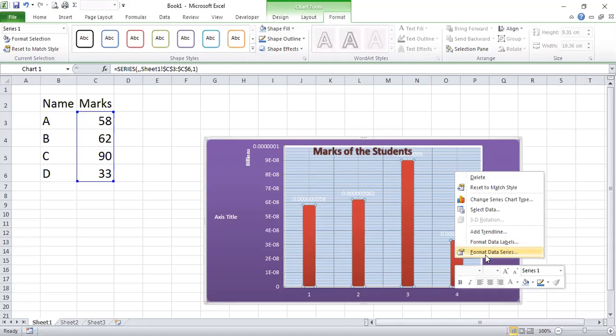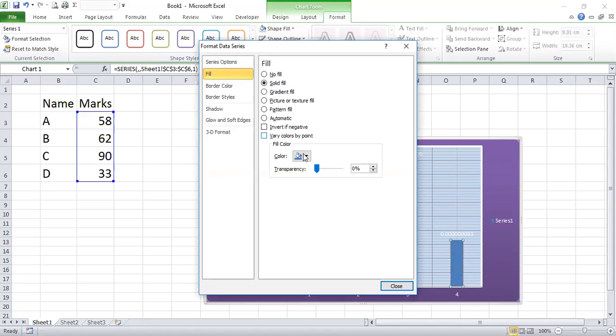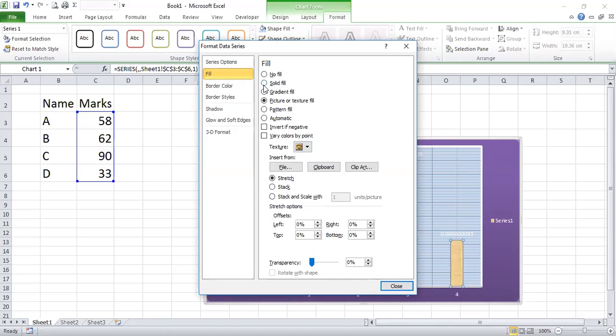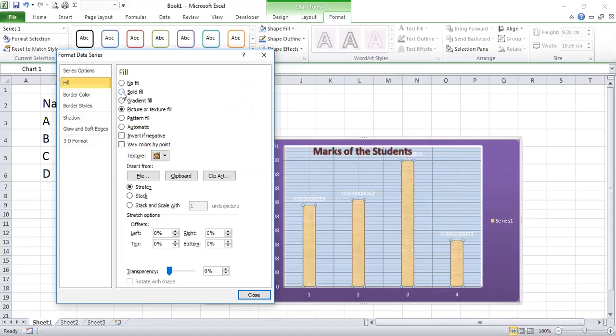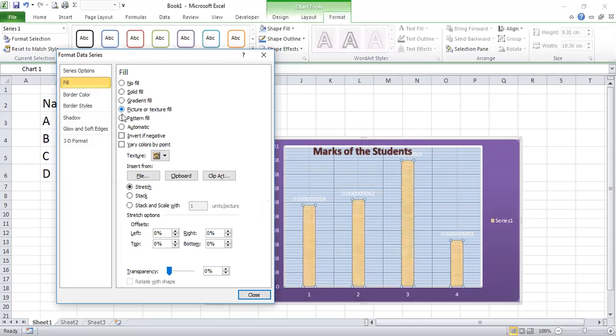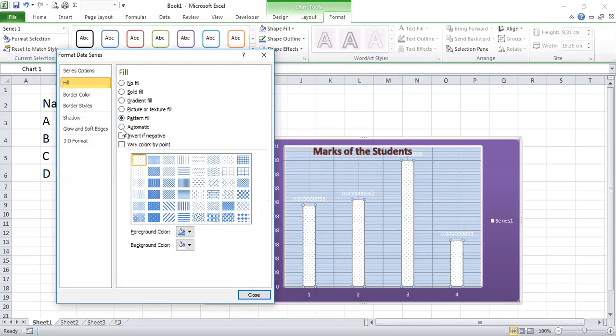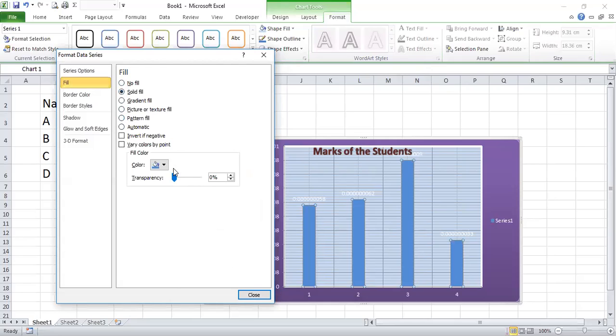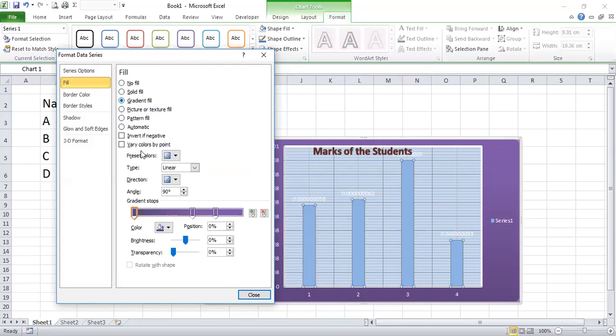right click, Format Data Series, Fill Effect, choose a color, or choose gradient where we have mixing of colors. You can choose the gradient, or you can add a picture, right? You can see the solid fill, this is gradient fill, and then these are pictures if you want to add a pattern, and if you don't want anything, nothing can be there. So likewise, you can change whatever way you want to.